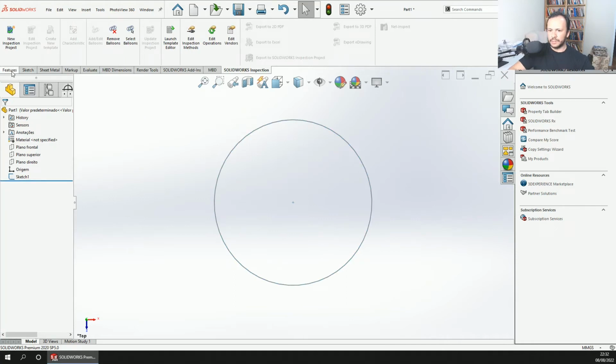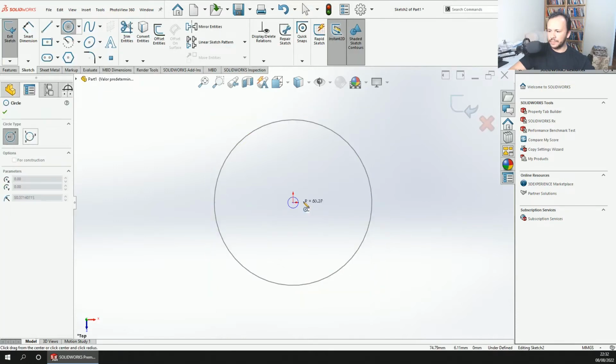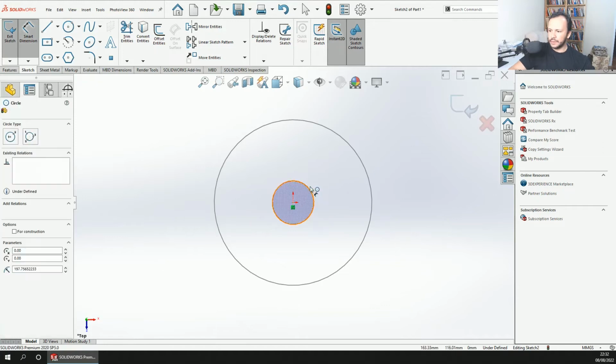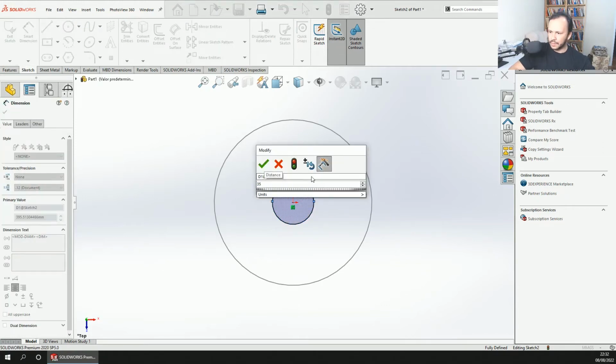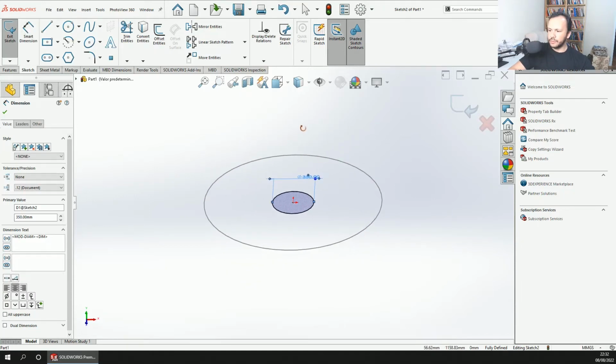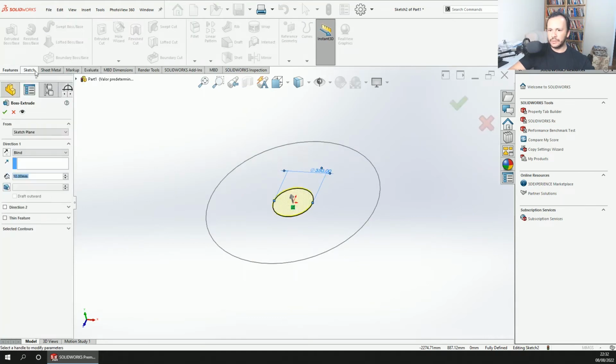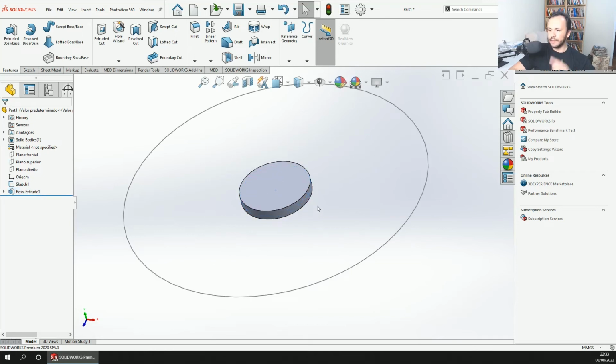Let's make another sketch. This is just a reference, okay, on superior plane with okay. Now just rotate a little bit, feature, extruded base, mid plane, and now we're going to choose 50. Okay, now